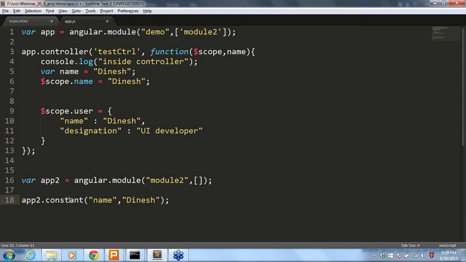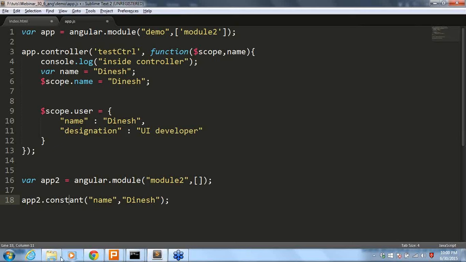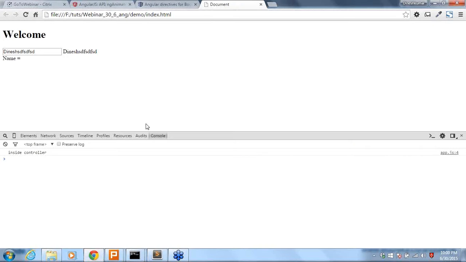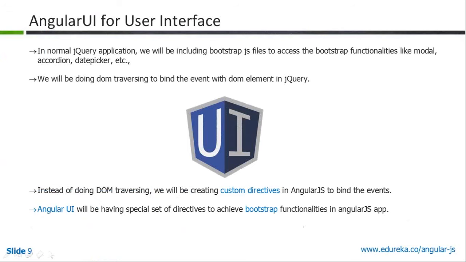They created each and everything as small modules or services. So once you declare this Bootstrap as a dependency injection of your application, you should be able to access all the Bootstrap functionalities in your module. That is the use of UI Angular Bootstrap.